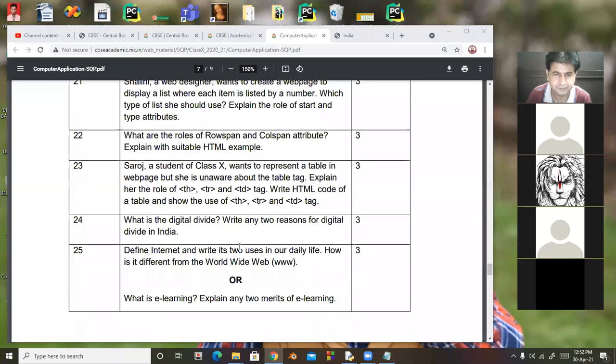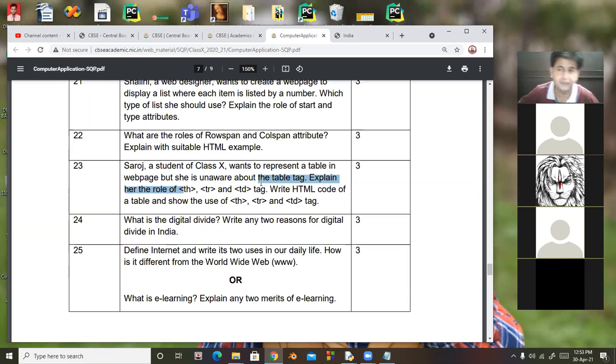Next is, explain the role of TH, TR, TD. Beta, TH stands for table head, and in this the contents will be center aligned and bold, and it is a container tag.